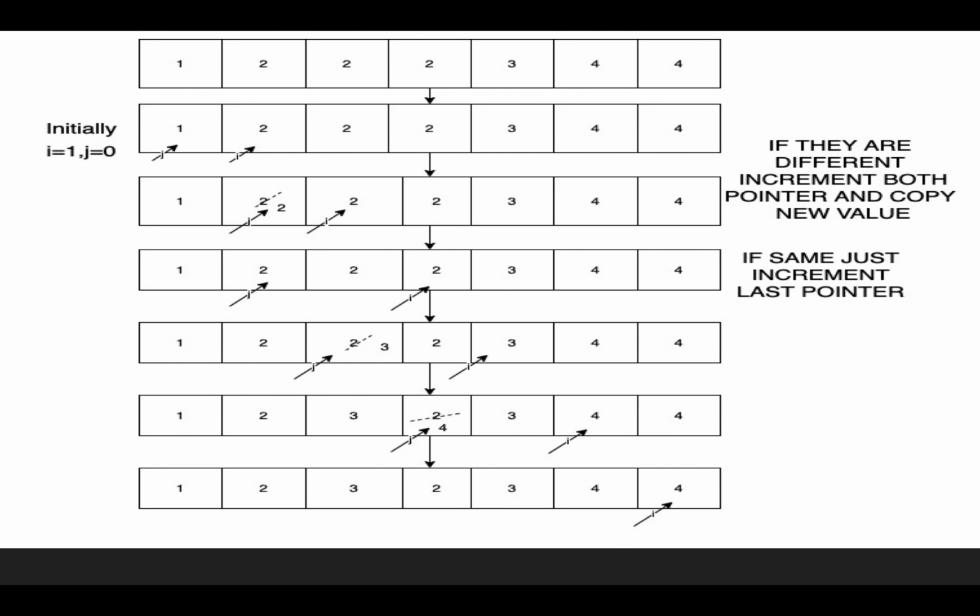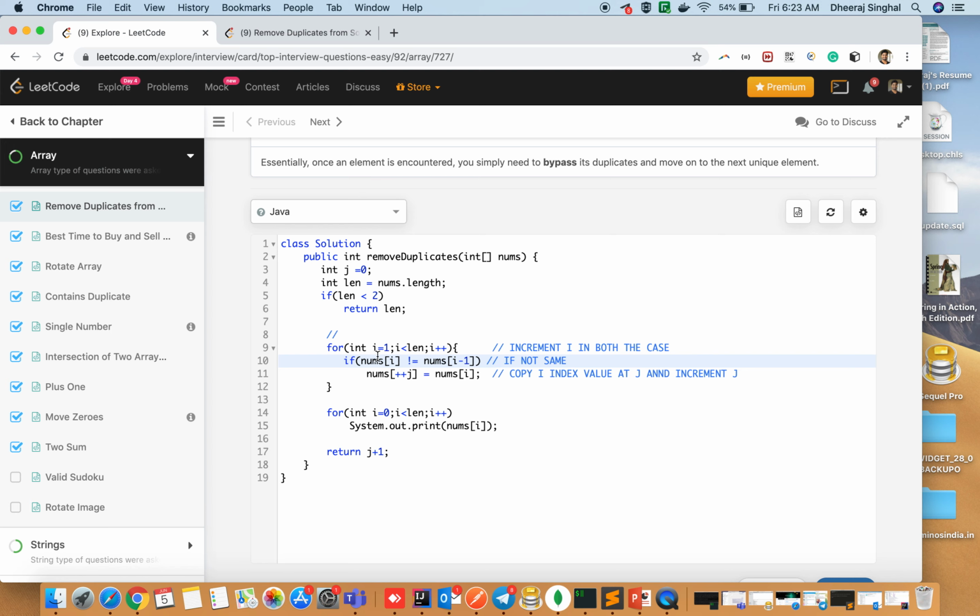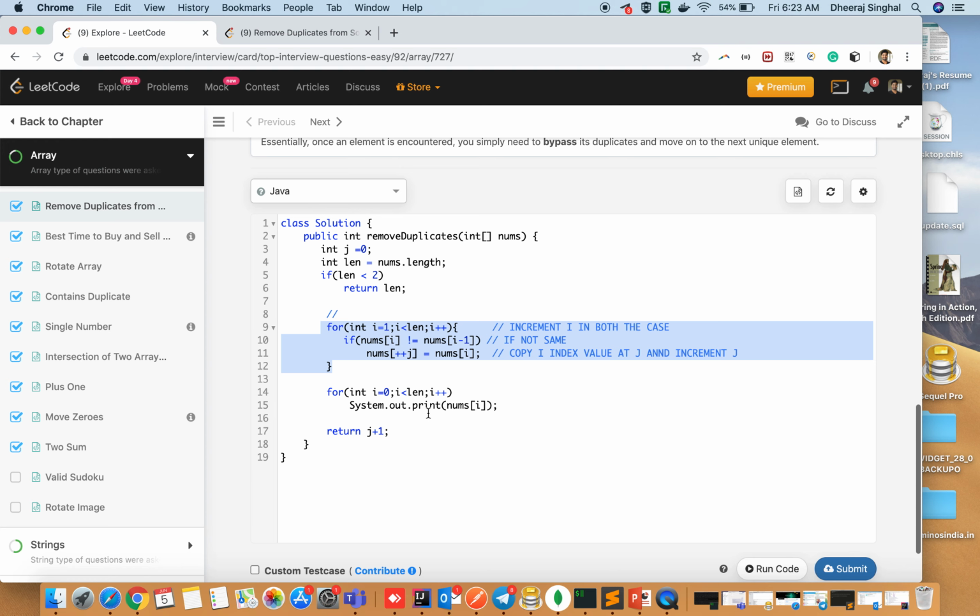Now here we check that if they are not the same, in that case we increment the j pointer and copy the ith index value to the jth index. So this is the logic that we have discussed.